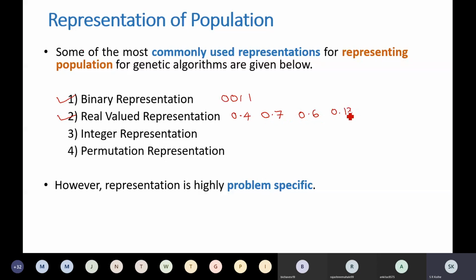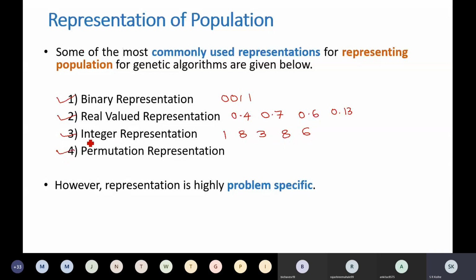So a set of real numbers can be the solution. Integer representation you can have. For example, integer numbers you can use: 1, 8, 3, 8, 6, something like this. A set of integers can be used for representing a solution.